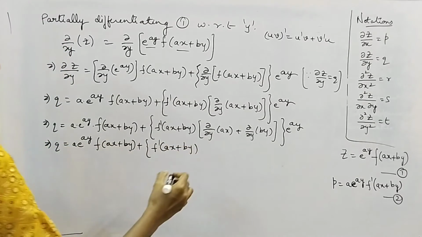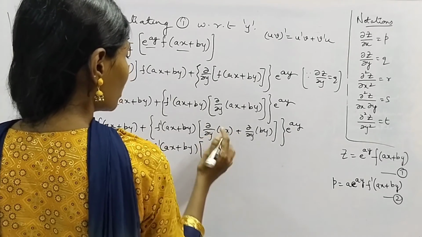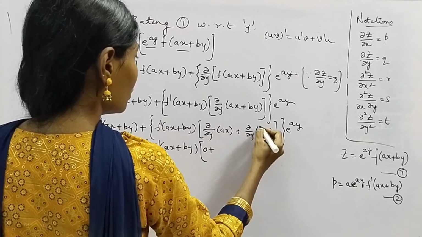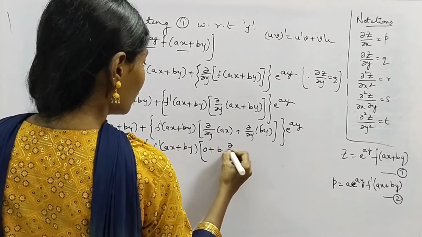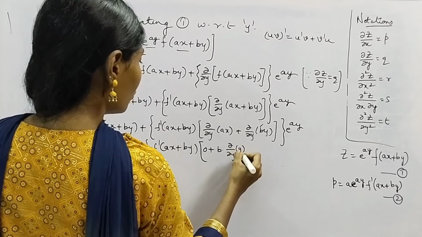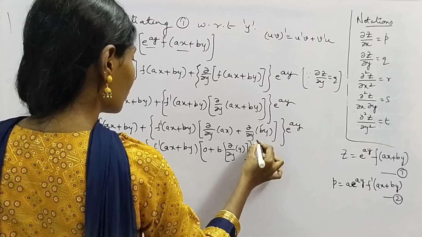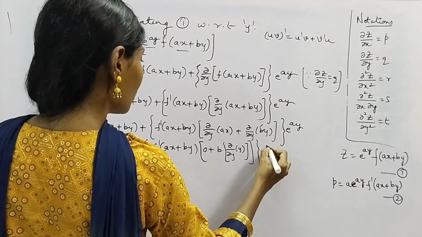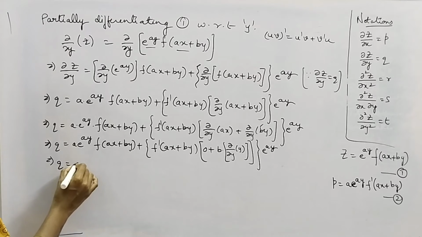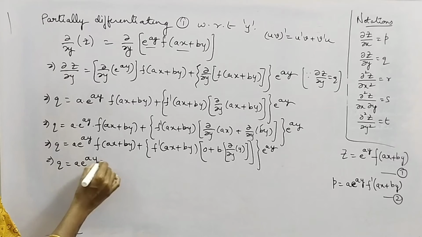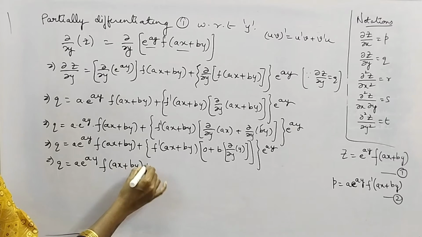I wrote as it is up to here. You can write this as partial derivative of a constant with respect to y is 0, plus here b is constant. So we can write this term as b into ∂/∂y of y, into e power ay, which gives us q equal to a into e power ay into f of ax plus by plus